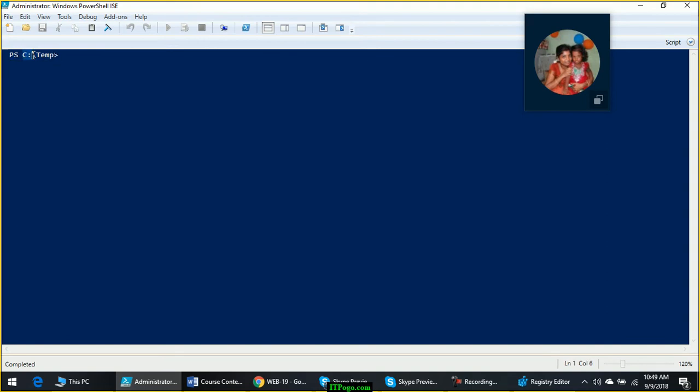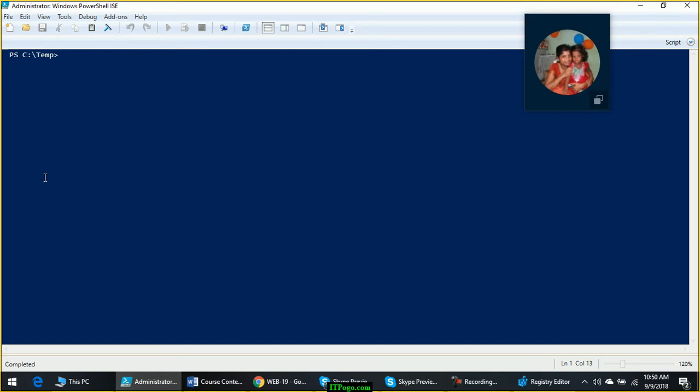So currently under the file system provider, which is the default provider when you log into PowerShell, I am under drive C. Under that I am under the folder temp. So a provider is a mechanism which acts as an adapter or the connector between the actual data store and PowerShell.